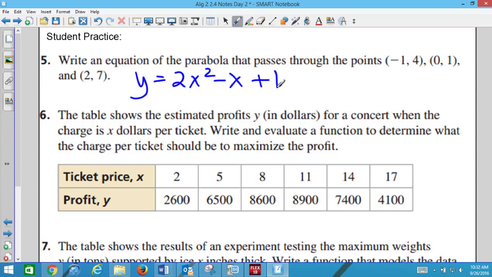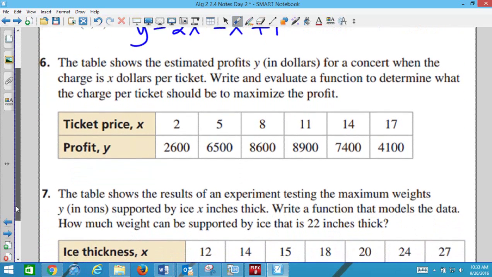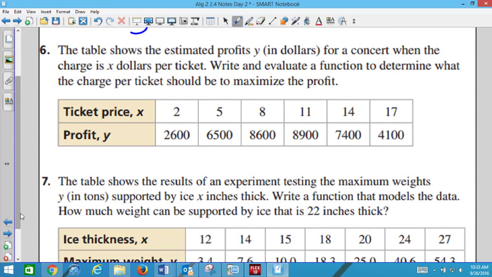Question 6. The table shows the estimated profits Y in dollars for a concert when the charge is X dollars per ticket. Write an evaluated function to determine what the charge per ticket should be to maximize profit. If you have a business someday, you certainly want to get the most profits possible, right? So you would want to maybe use some of this stuff to figure out the best ticket price to get